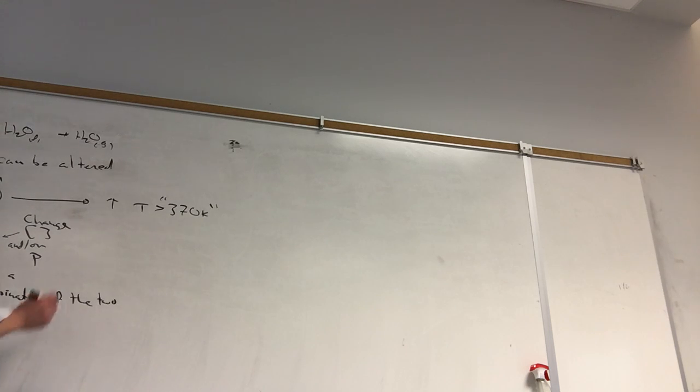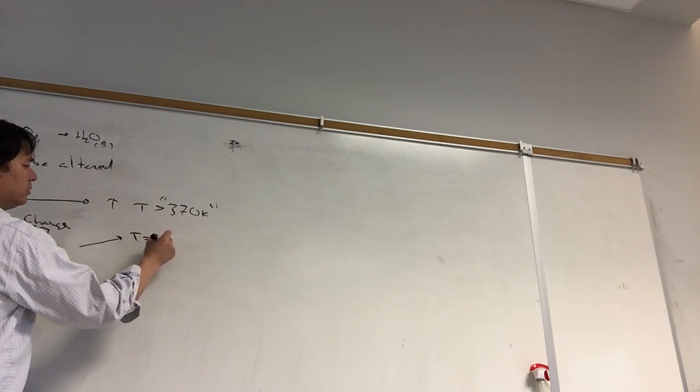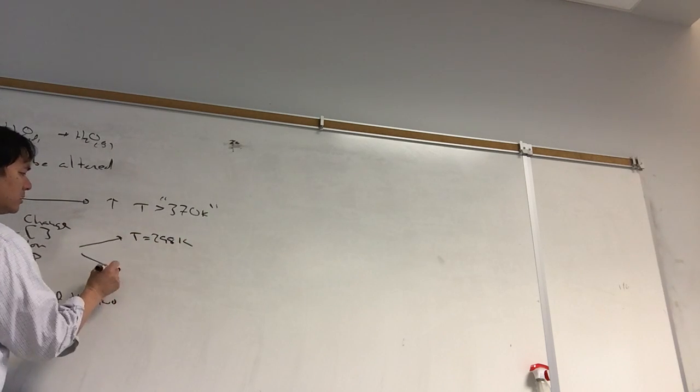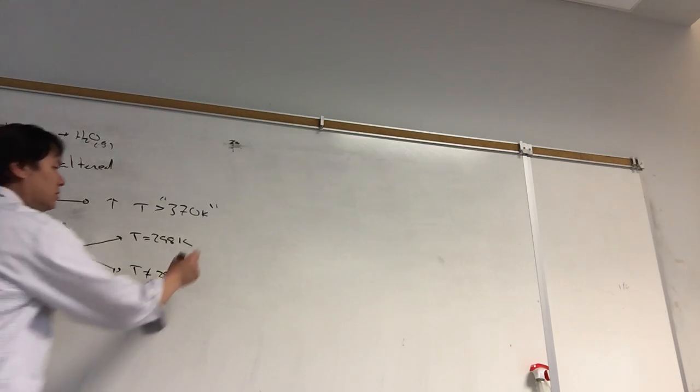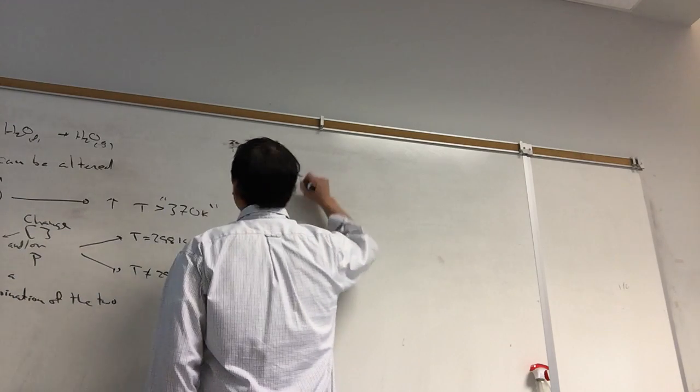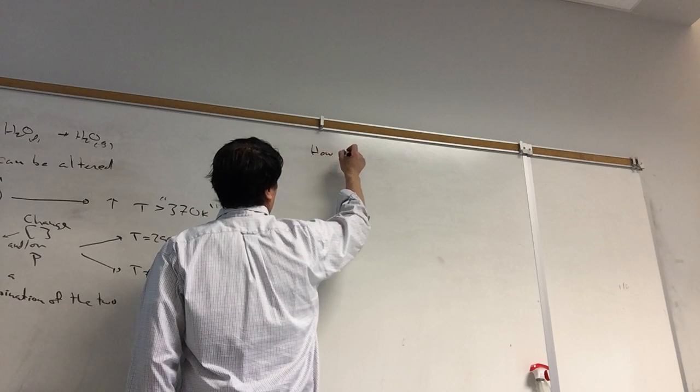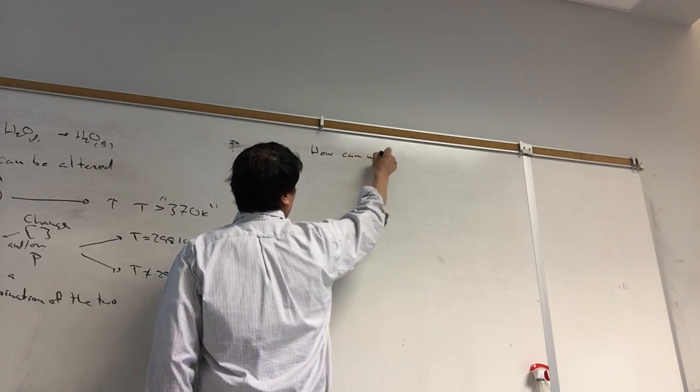But there's another thing we could do here. We could alter the standard conditions. And we could do this at temperature equal to 298 Kelvin, or we could do this at a temperature not equal to 298 Kelvin. Let's do the first one first. Okay, and so the question is this: how can we boil water